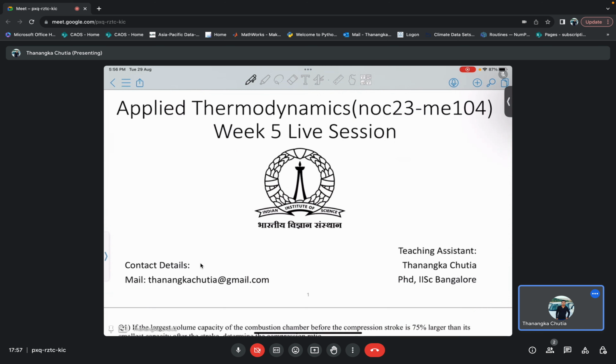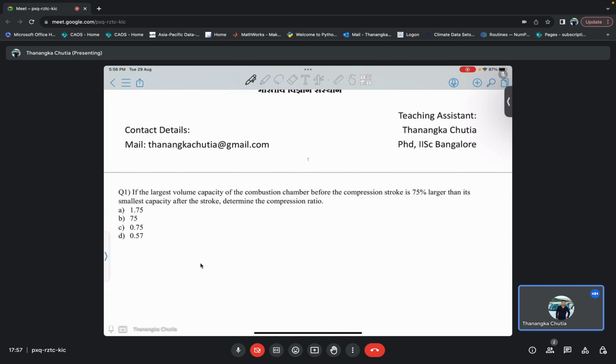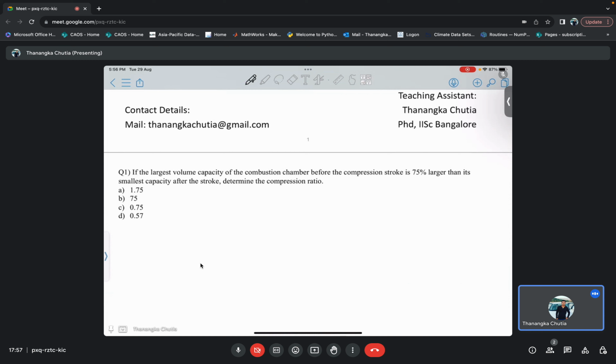So let us start. The first question is: if the largest volume capacity of the combustion chamber before the compression stroke is 75% larger than the smallest capacity after the stroke, determine the compression ratio. So before that you have to learn something. If this is my combustion chamber, okay,